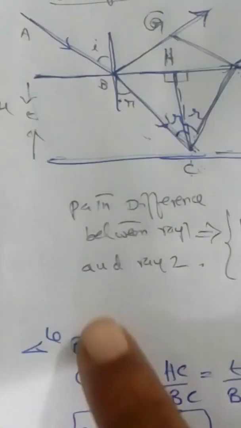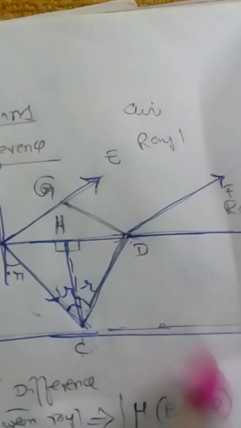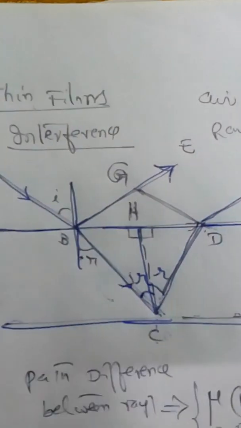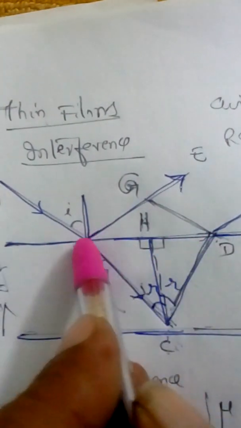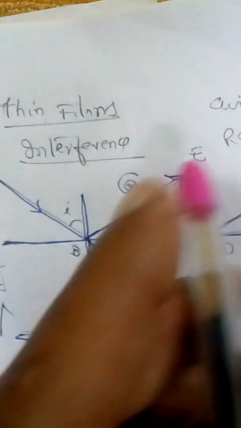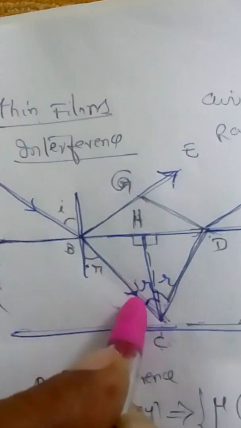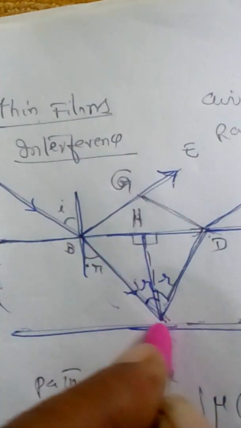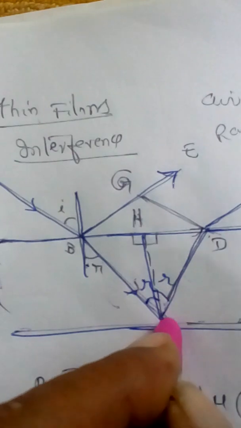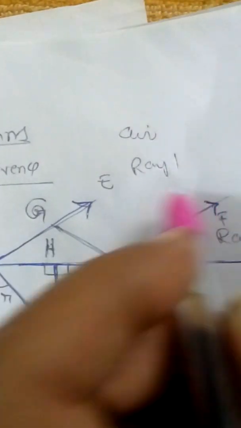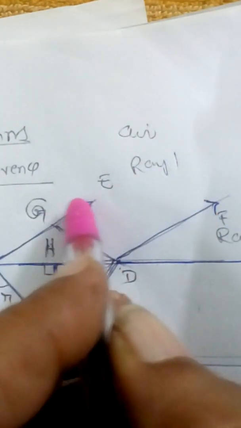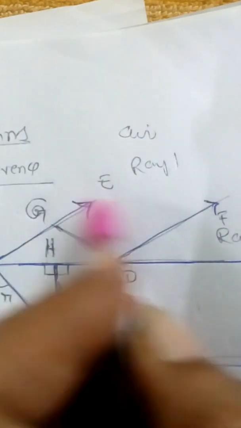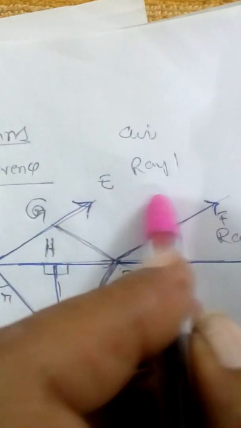In equation 1, we are trying to find the path difference between light ray 1 and light ray 2. Why? Because, as I said earlier, the direct light incident on the upper part of this layer gets reflected like this. That is ray 1. The other part gets transmitted here and becomes an incident ray for the lower surface. At this lower end, it again gets reflected and then emerges out. So this is light ray 2. From here onwards, they travel with the same phase, so these two rays interfere or superimpose to form the interference fringes.